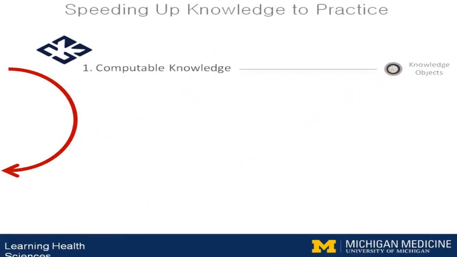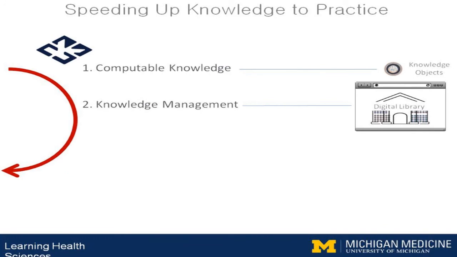So we think it's absolutely critical that the knowledge is in a computable form. I mentioned that already. We have to activate it. Then we think it's also going to be critical to have new types of digital library platforms to store, manage, and make this knowledge findable, accessible, interoperable, reusable. Within those systems, we need lots of mechanisms to protect this code, essentially, and make sure that people can trust